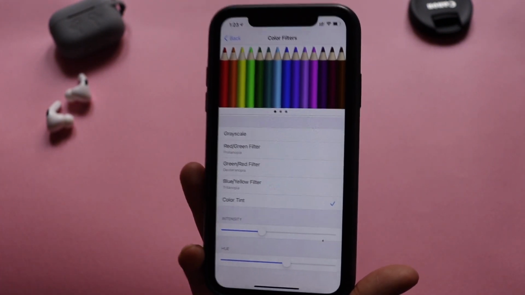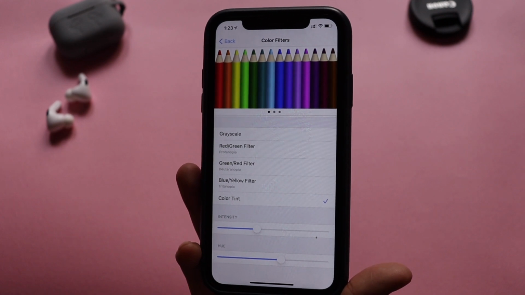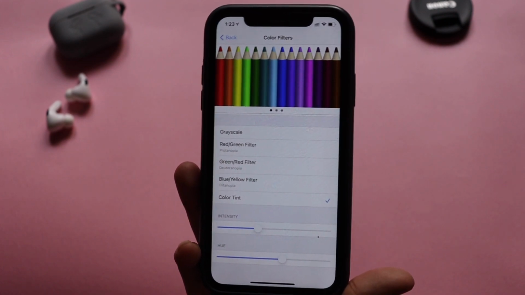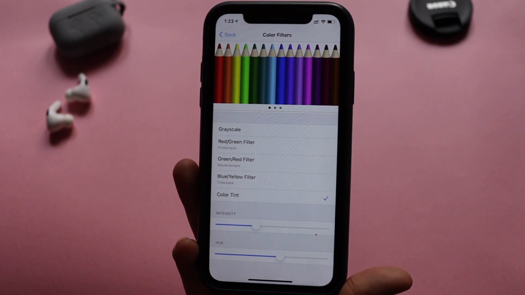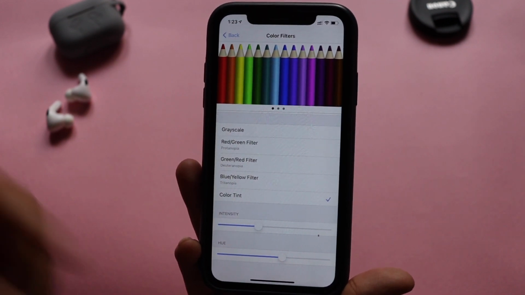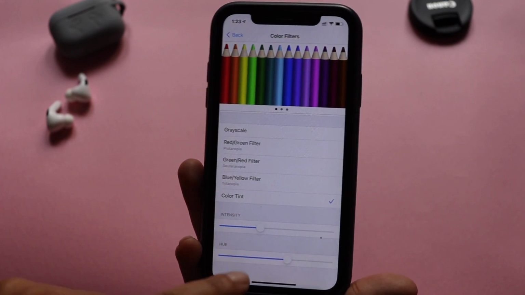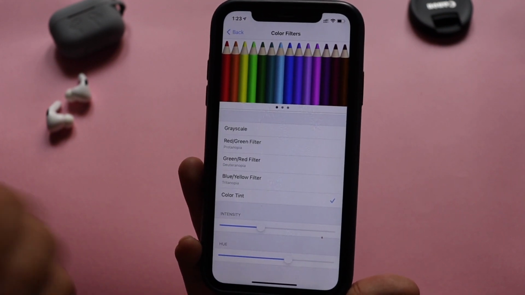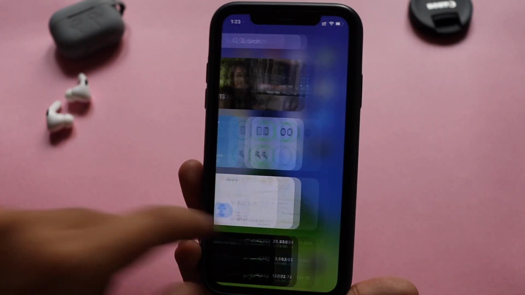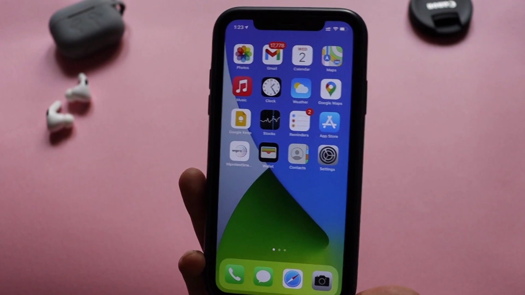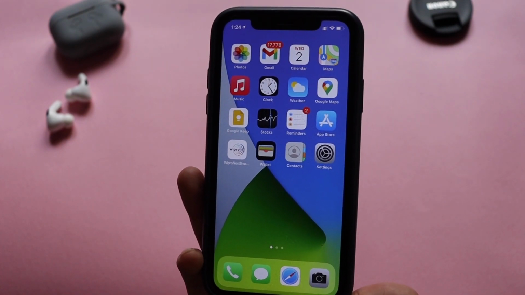I heard that the iPhone 12, iPhone 12 mini and iPhone 12 Pro, the latest iPhones, have some green tint issues. So for people who are using iPhone 12, my advice is, when it comes to the color filters, select the amount of hue that you would like to use, and then you could probably fix this display brightness problem. Apart from that, if you are having serious display issues, then definitely you should contact Apple support and get your phone replaced if you have recently bought it.